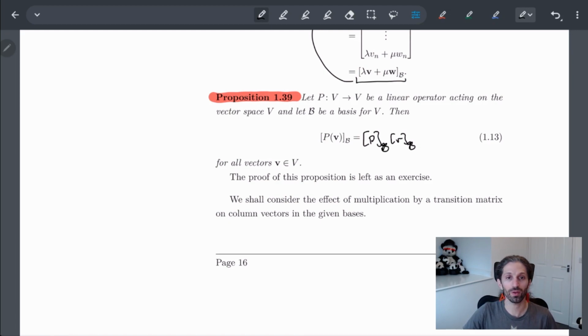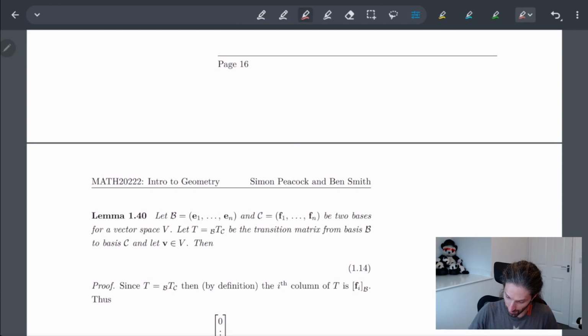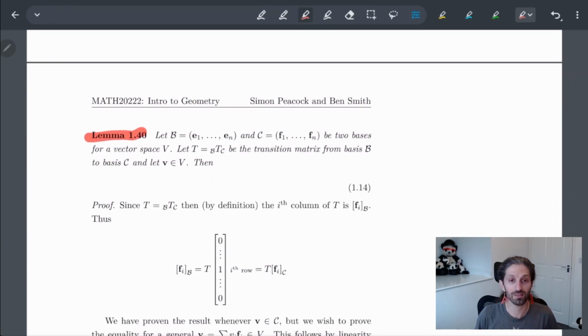Okay, so we have this multiplication, right? But what does this affect on the transition matrix on column vectors in a given basis? And that actually gives us the next lemma. So what's the next lemma saying? The next lemma is saying if I have two bases,